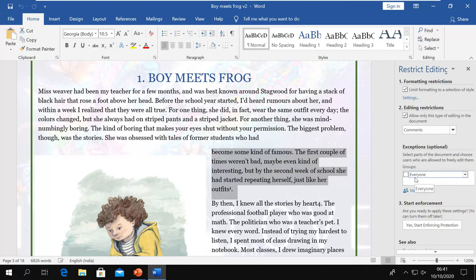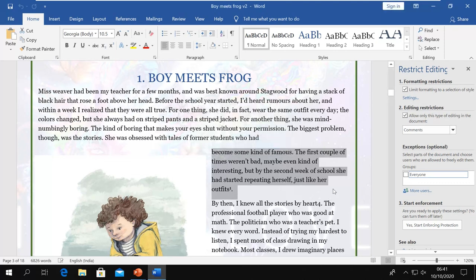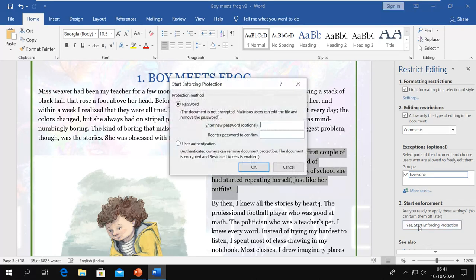Now here you can select who can do this. So it can show you this everyone option, or you can find the user from here also. You can enter the username from here. So if you have a user, then you can select. I don't have, I select everyone. And then I say okay, start the enforcing protection.